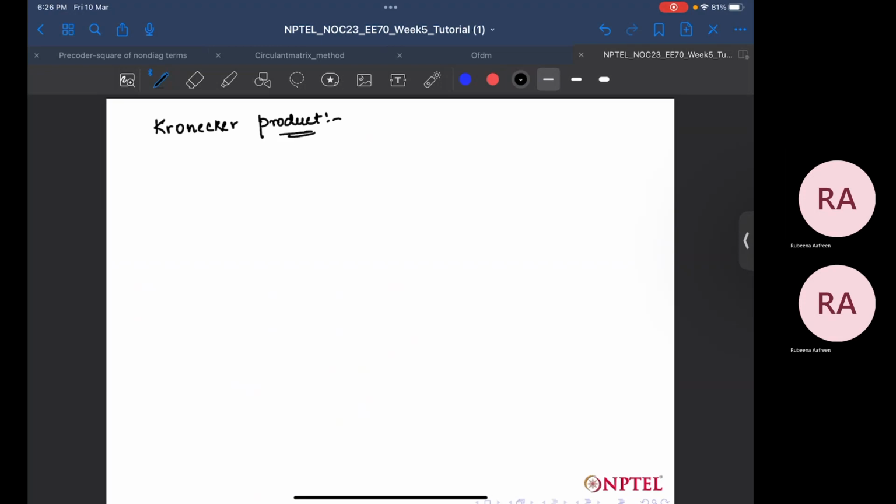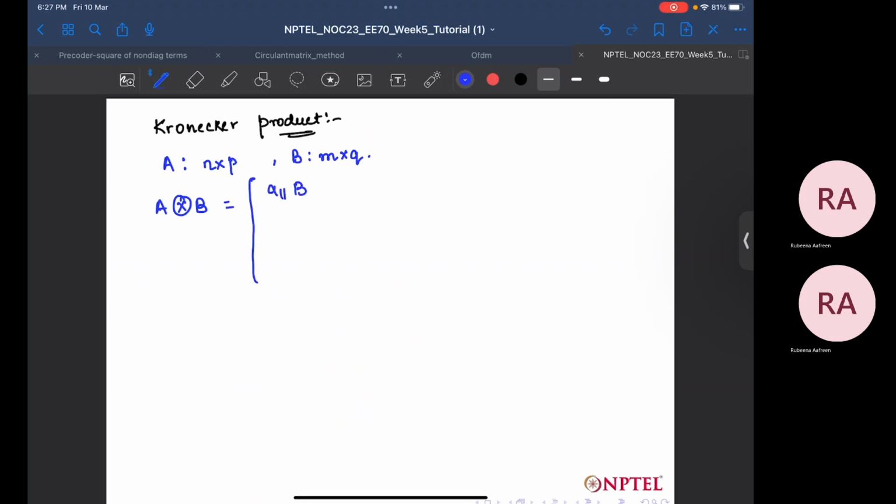So suppose A and B are any two matrices. We have a matrix A of size n cross p, and a matrix B of size m cross q. Then the Kronecker product of A and B will be given as